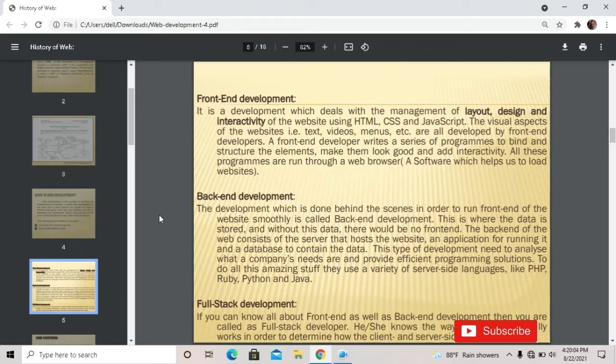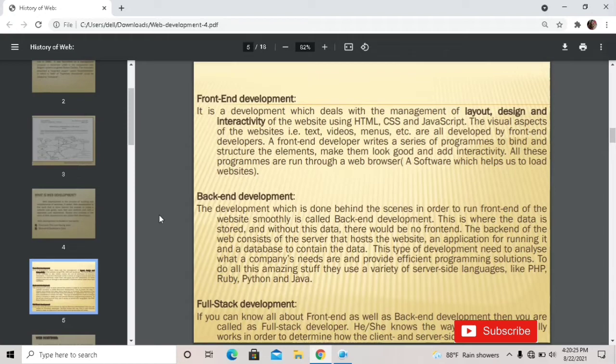Now the next development is back-end development. The development which is done behind the scenes in order to run the front end of the website smoothly is called back-end development. This is where the data is stored, and without this, there would be no data for the front end.